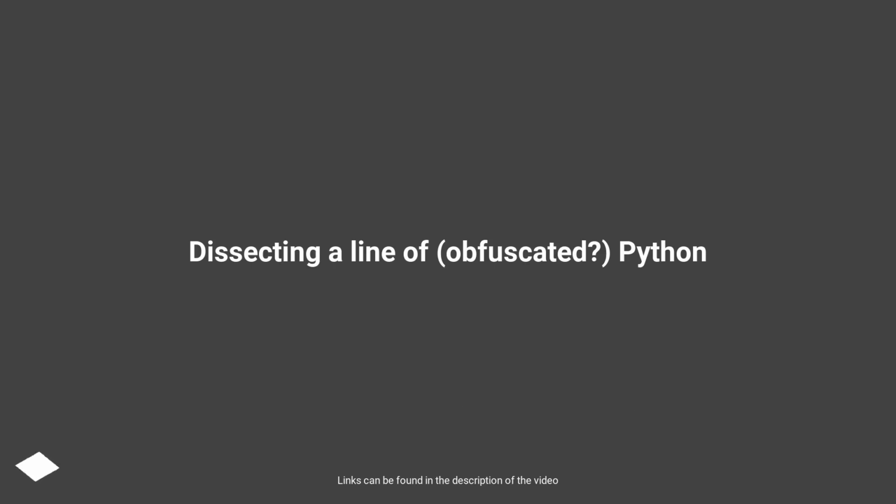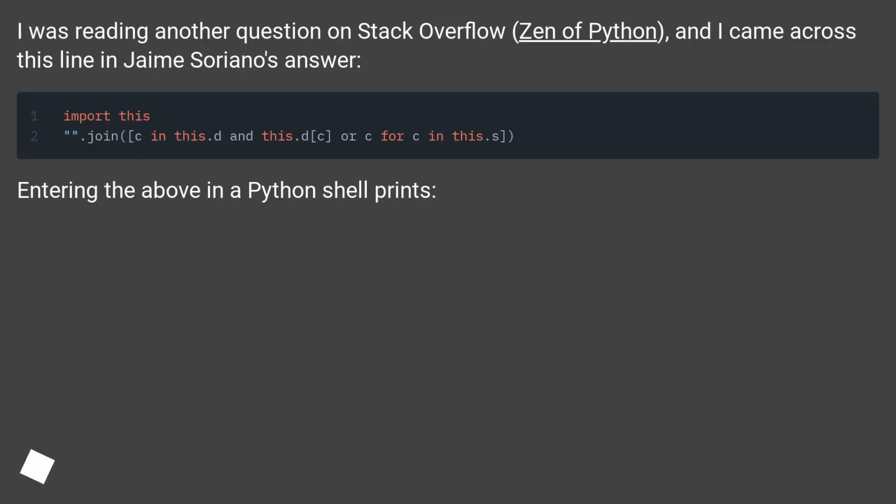Dissecting a line of obfuscated Python. I was reading another question on Stack Overflow, Zen of Python, and I came across this line in Jaime Soriano's answer. Entering the above in a Python shell prints: